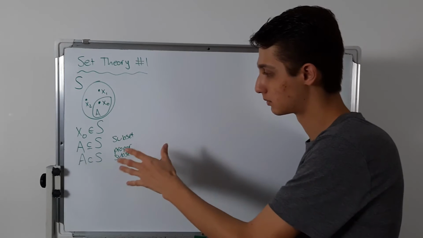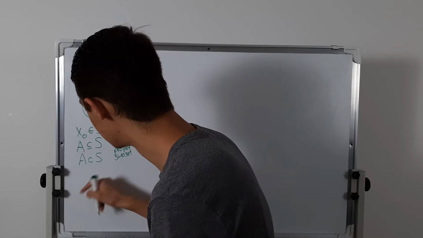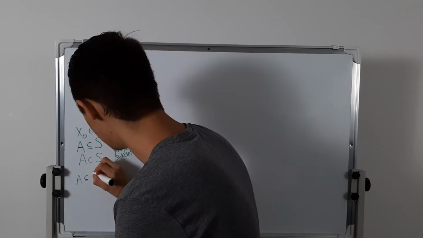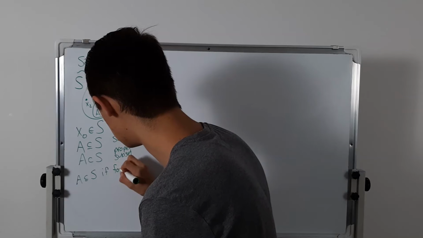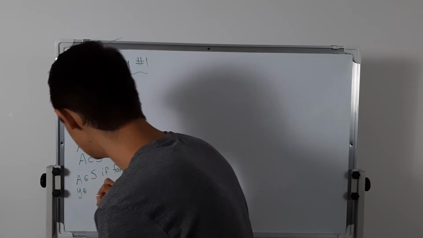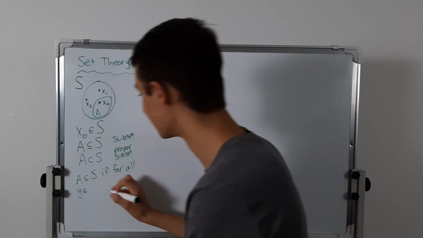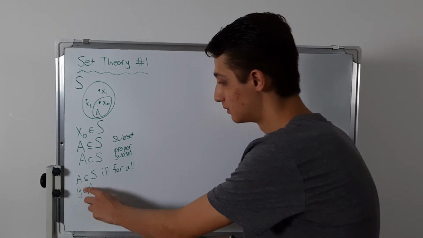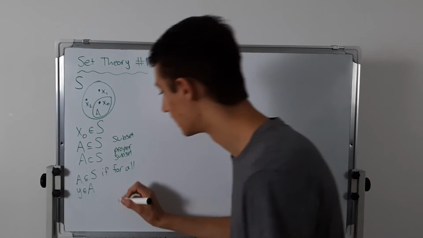So really, we can say A is a subset of S if for all elements, I'm going to say y, for all y inside of my set A, so every element in here,